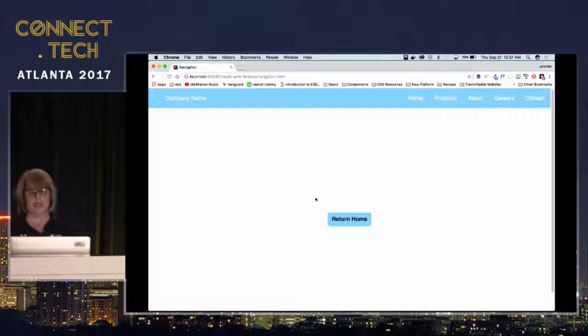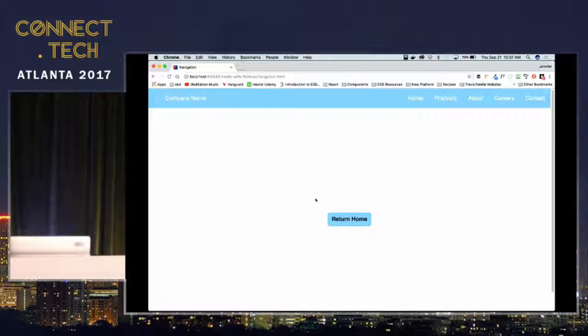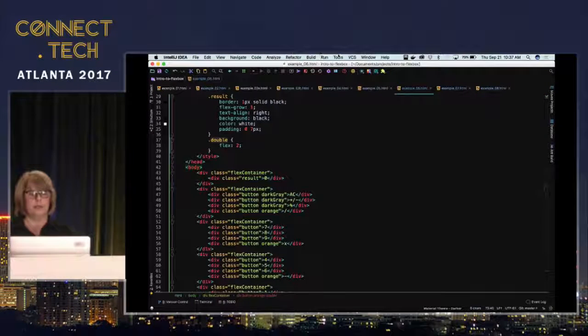So the first thing that most people want to have on a website is a navigation. And if you've ever used Bootstrap, you have to use nav, navbar, nav justify, nav right, all of this, to have the right side. Then you have the nav image on the left side and everything else like that. It's a lot easier to do the exact same layout in Flexbox. So if I come over here